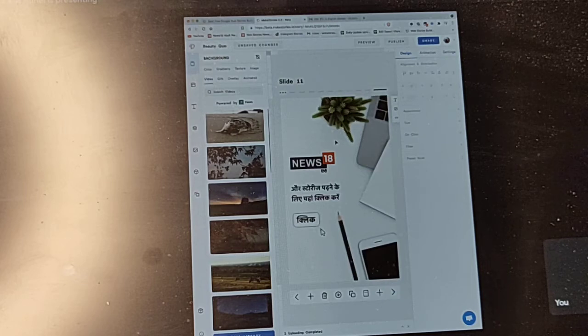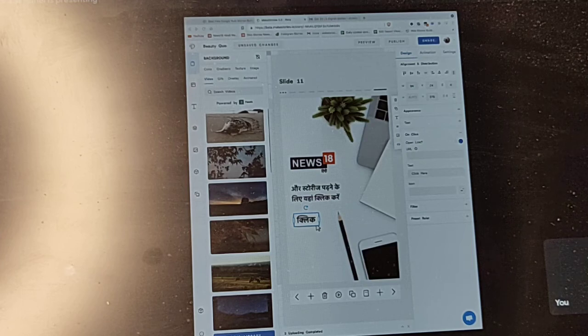On the 11th slide you have to do one more step. On the right side there is one more on click option. You have to open it and fill the URL of the page it should land on. You will be provided these links by your respective teams.